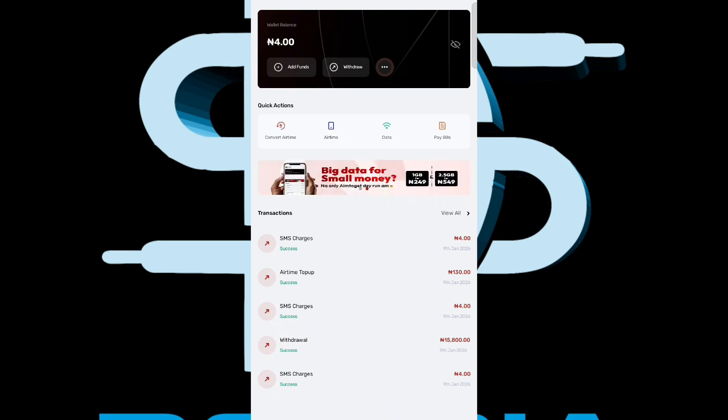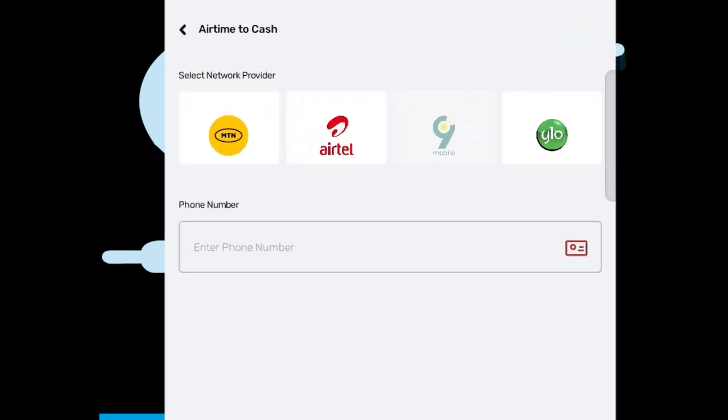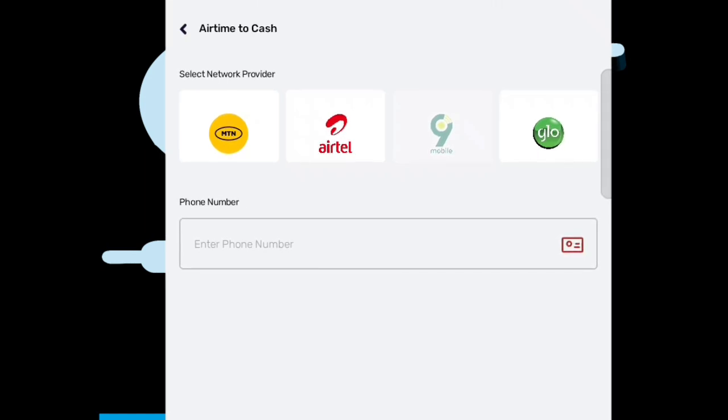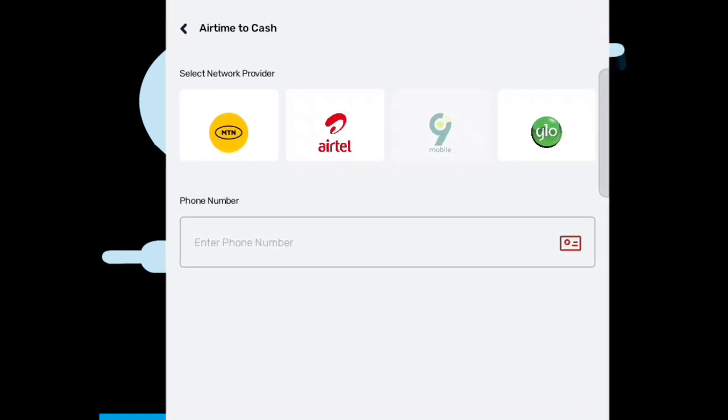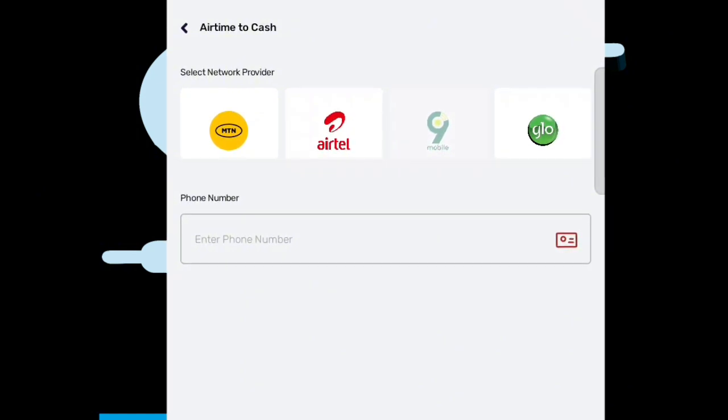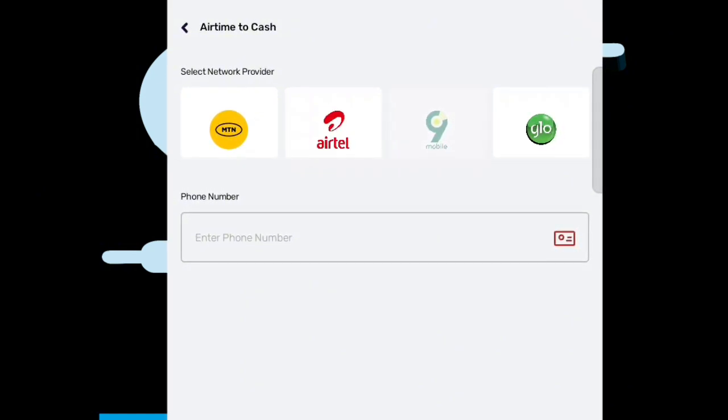So now, to dive into the video, after registering the account, you will now come over here on this app. After you have verified everything and verified your account, you will come to convert airtime. So depending on the airtime you want to convert, whether it is MTN, Airtel, Nine Mobile or Glo, please note that before you start this operation, you must